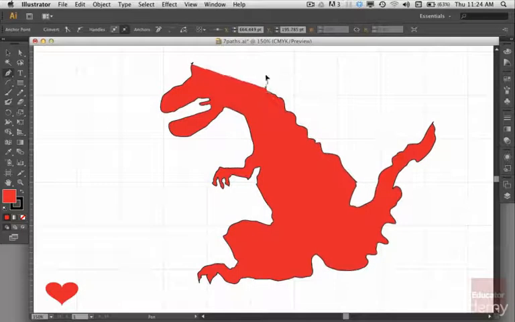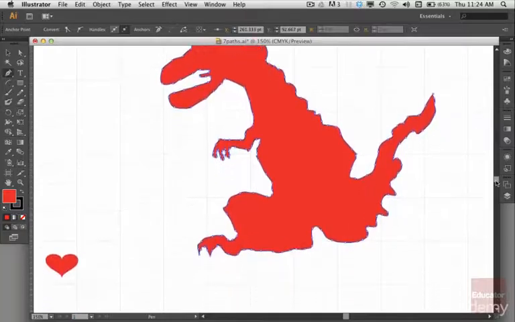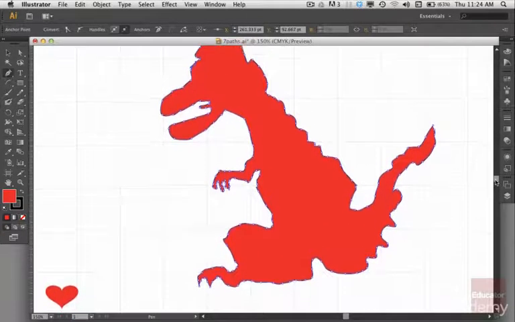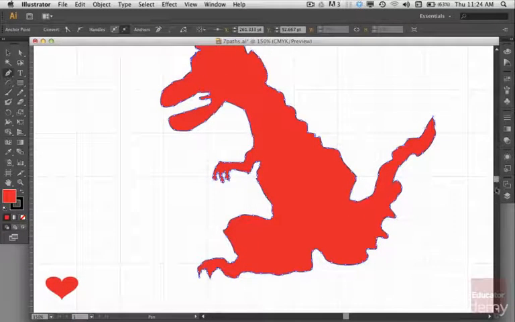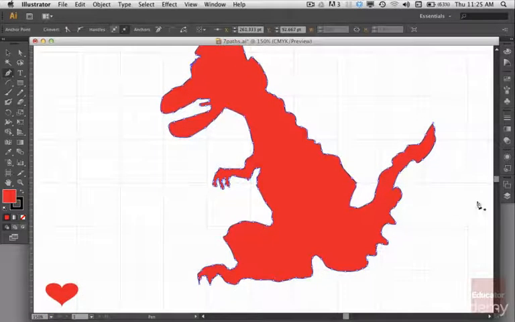Okay, almost done here. Close that off. So you see when I want to close off a path, a little circle appears next to the pen tool. So it lets me know that I'm right over the anchor, and then I can close that path there. All right. So let's get a mutant dinosaur in view here. Okay. Now,